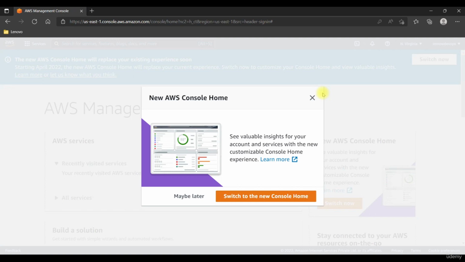Okay, now let me take a pause here and talk about this. AWS is now offering a new console. That means the UI, the website, this AWS console is getting updated. And this happens very regularly. It's really difficult to keep updating videos simultaneously with the new console. So you see a new console now, and in a few months you'll see a few new things, and it just keeps on